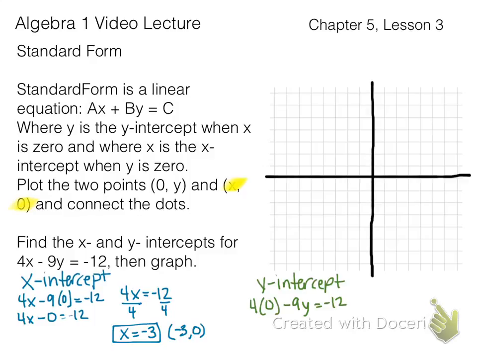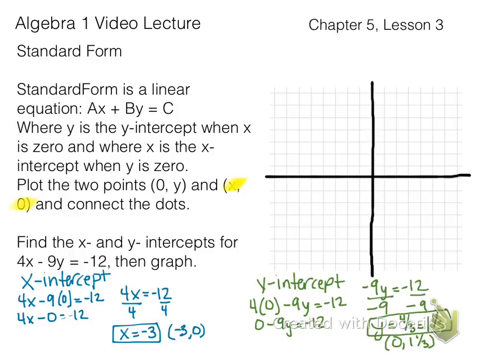Let's go ahead and find the y-intercept before I plot both of them. The y-intercept means that x is 0. So 4 times 0 is 0. 0 minus 9y is negative 9y equals negative 12. Divide by negative 9. You're going to get y equals 4/3 or 1 1/3, which means it's then going to get plugged into